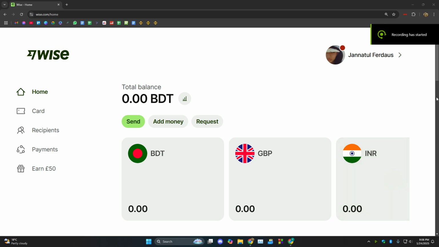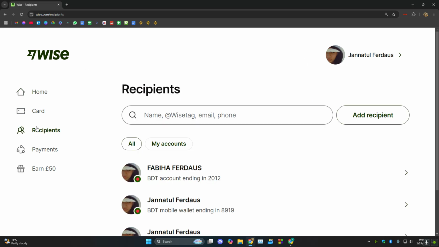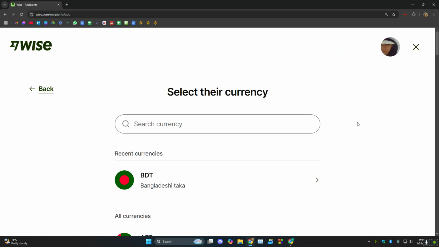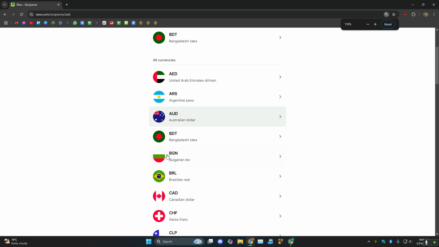Today I'm gonna show you guys how you can add your Wise account to your PayPal. So what you need to do, there are two ways. First up, you need to go to recipients, and from there you have to put in the Wise tag of your payer account, or let's say you just click on add recipient, and from